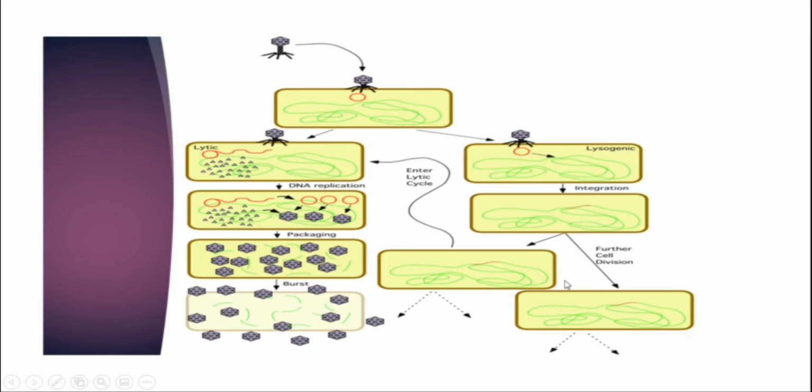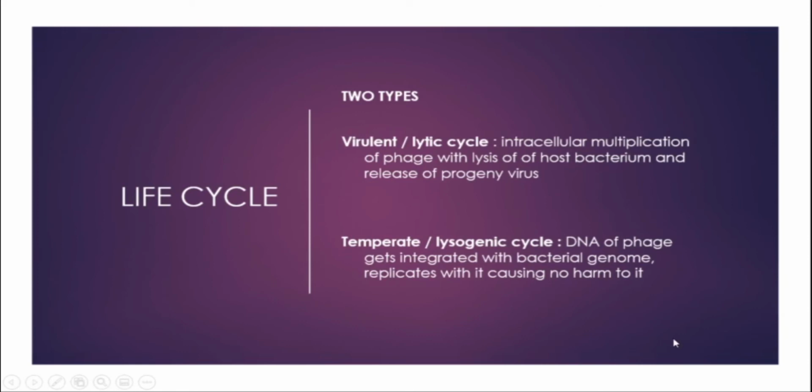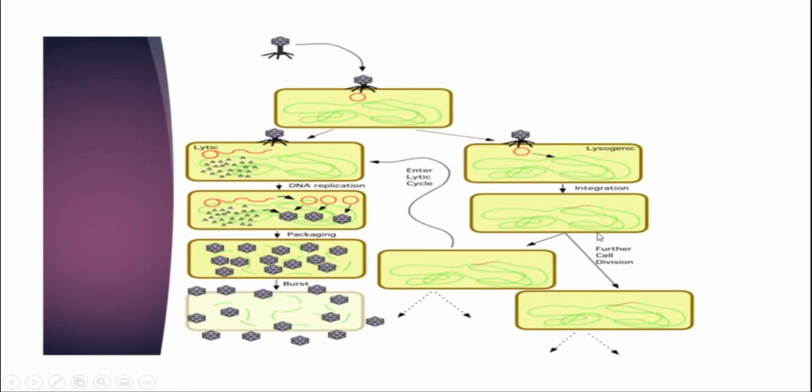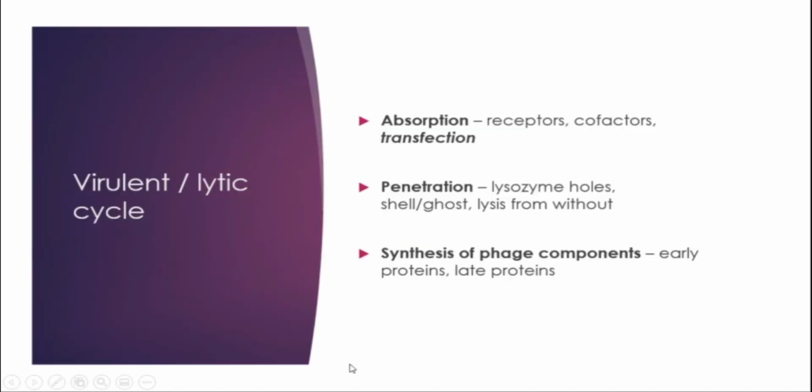But when you talk about the lysogenic cycle, no lysis happens to the host cell. Instead, the bacteriophage DNA is incorporated with the host cell nuclear material. That's it. There is no further cell division. So in the lysogenic cycle, the host cell is getting a new character. There's no damage to the host cell, whereas in the bacteriophage lytic cycle, complete damage happens to the host cell, and a large number of phages will come into the surrounding environment.